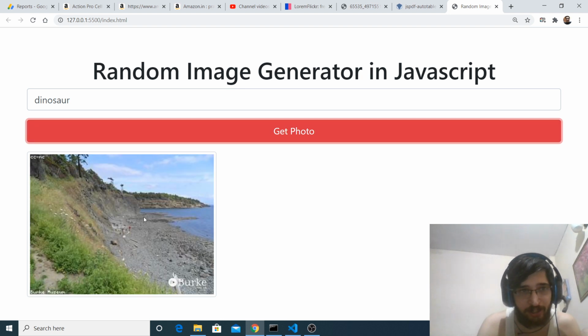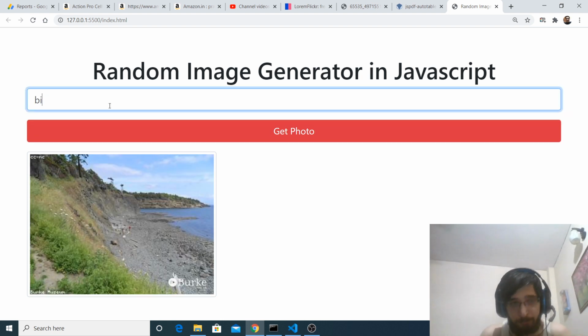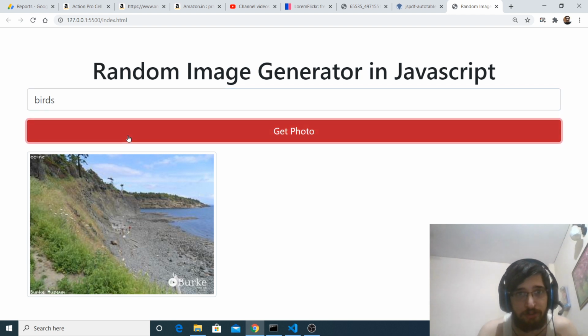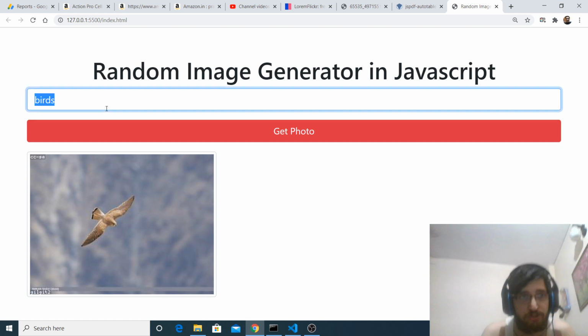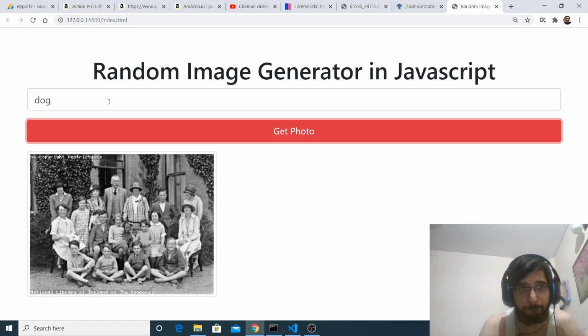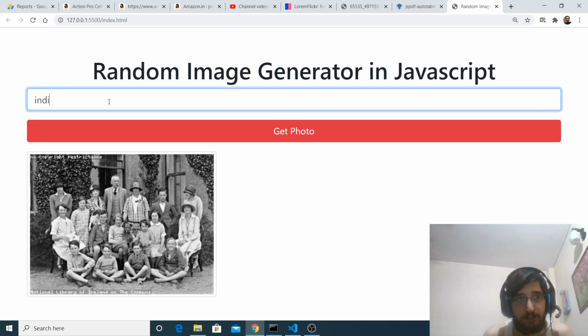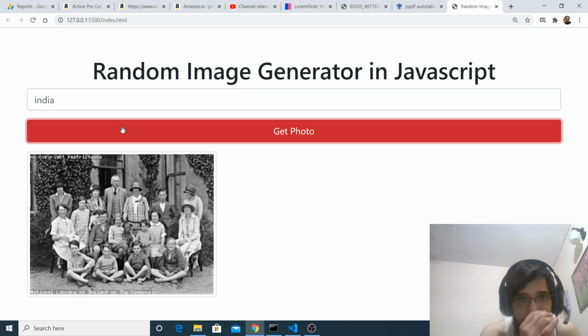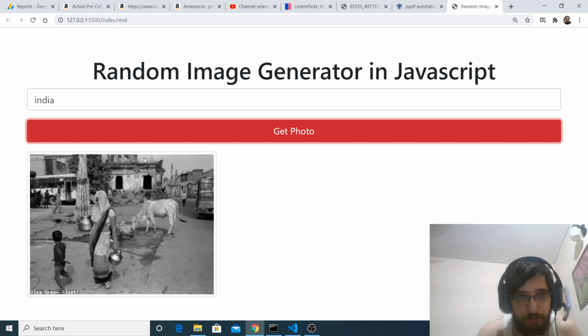So you will see that dinosaur image is there. If I search for birds, you will see a bird image. And lastly, if I search dog, you can see. If I search a country here, India, so you will see that.